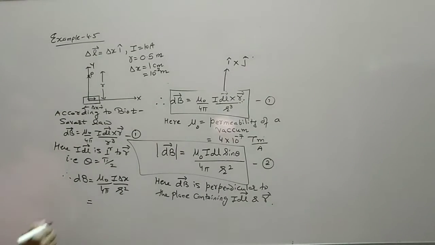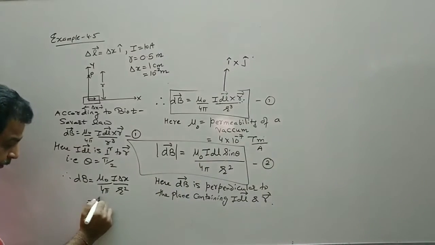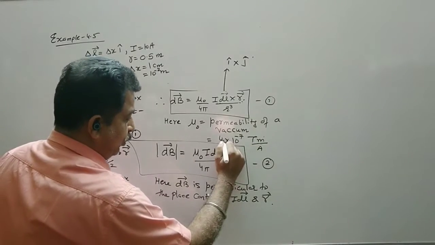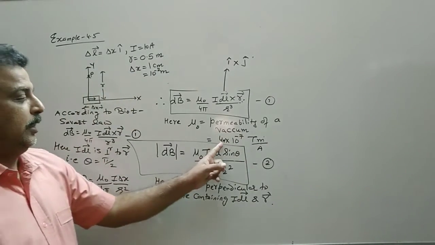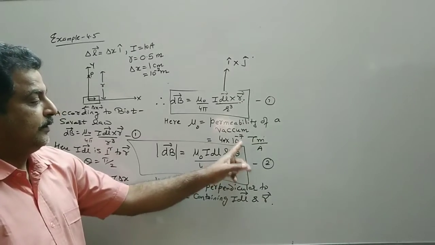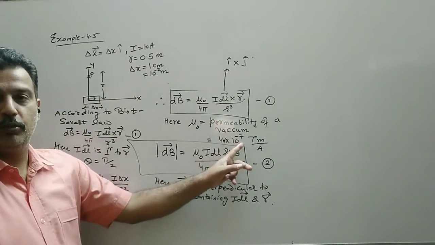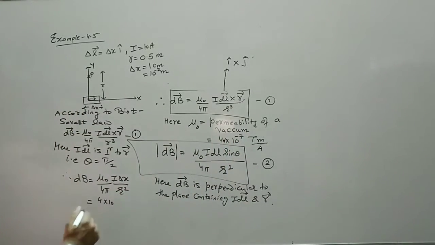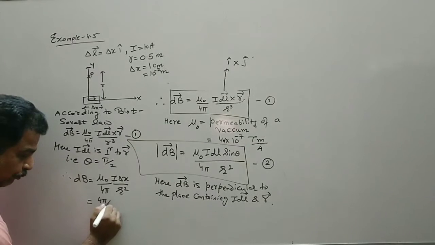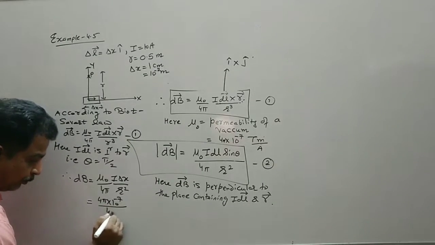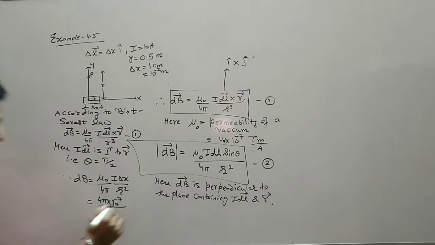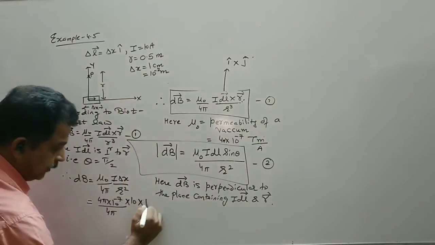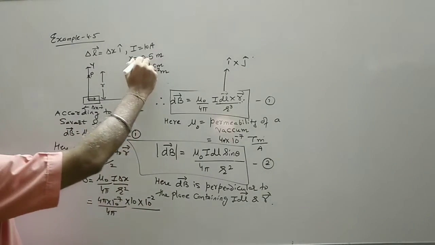We substitute the value of mu naught, the permeability of vacuum, which is 4 pi into 10 raised to minus 7, not 4 into 10 raised to minus 7. So you do this correction in the theory portion, it is 4 pi. So mu naught upon 4 pi is equal to 4 pi into 10 raised to minus 7 upon 4 pi. This can be written as I is given as 10, delta x 10 raised to minus 2 upon R square,